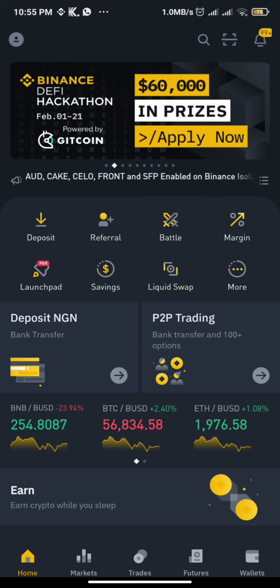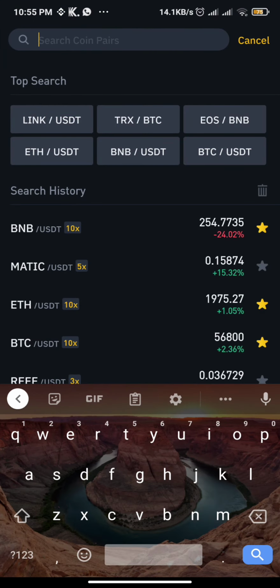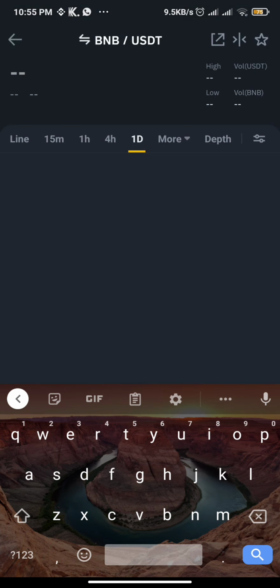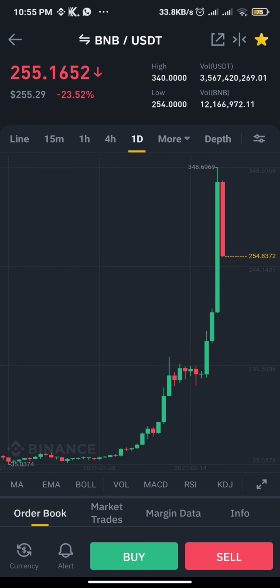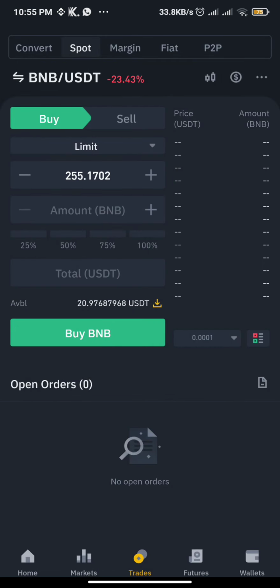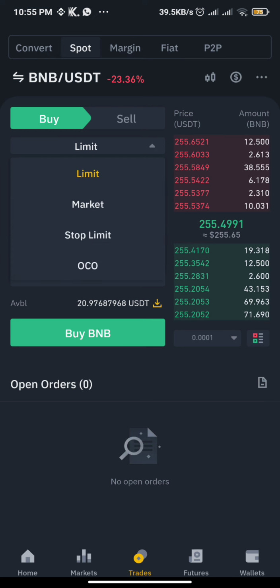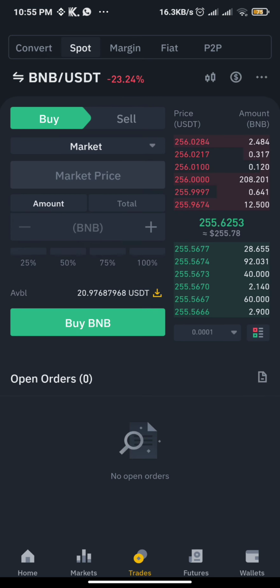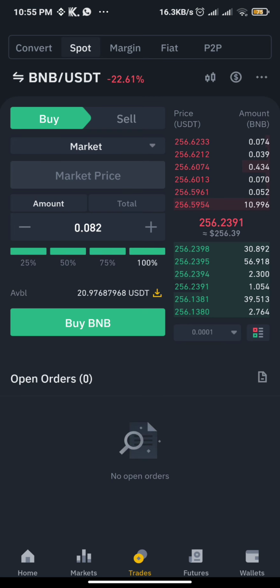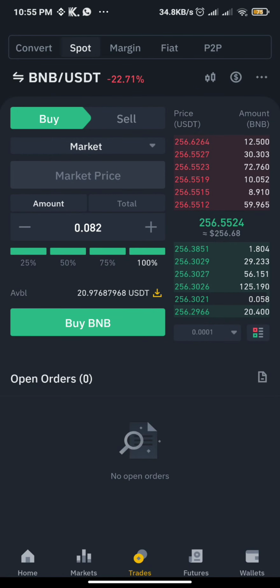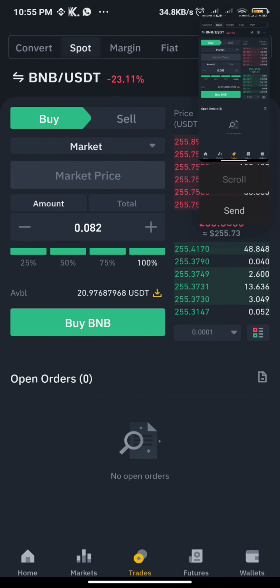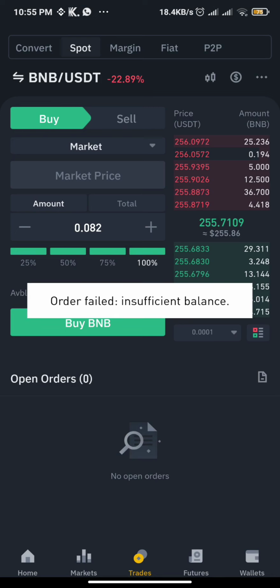So let's assume I want to purchase BNB coin. So BNB/USDT. So I'll click on buy. Go to market execution, 100%. So then I'll click on buy. So once I buy,